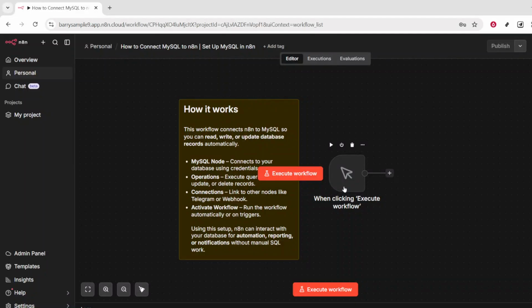I'm going to teach you how to use the MySQL node in n8n to run queries and automate workflows. We'll begin inside n8n by opening the workflow where you want to work with MySQL. This can be a brand new canvas or an existing automation you're enhancing. Having the workflow open gives us the place to drop in our database actions and connect them to the rest